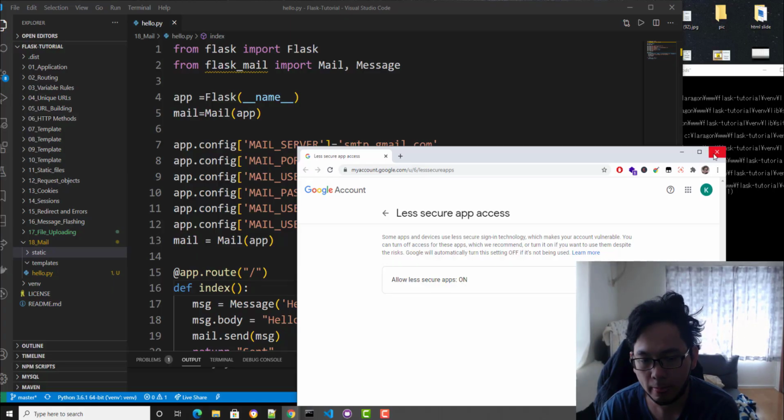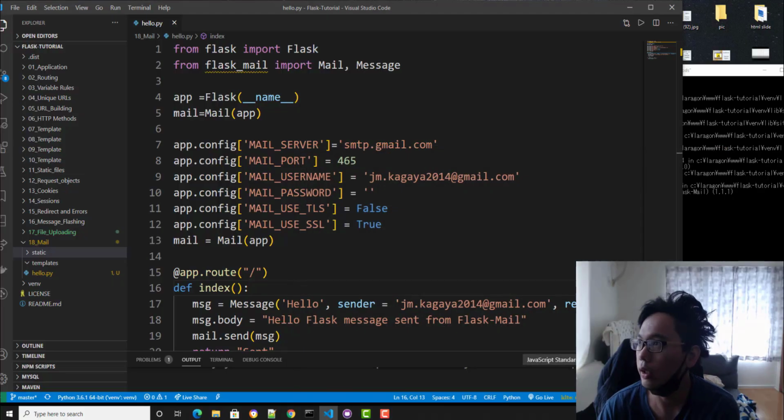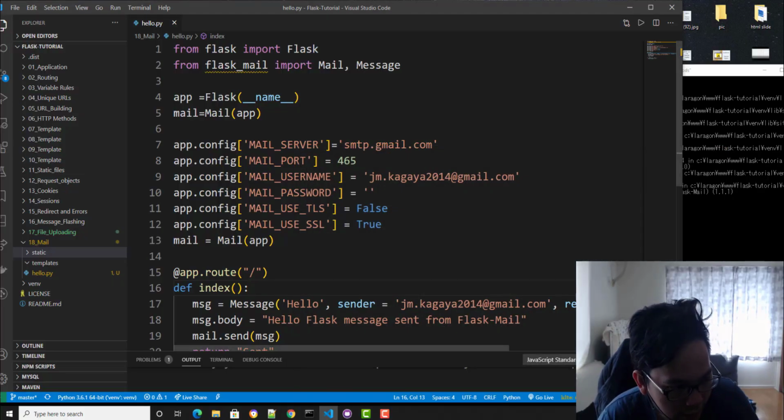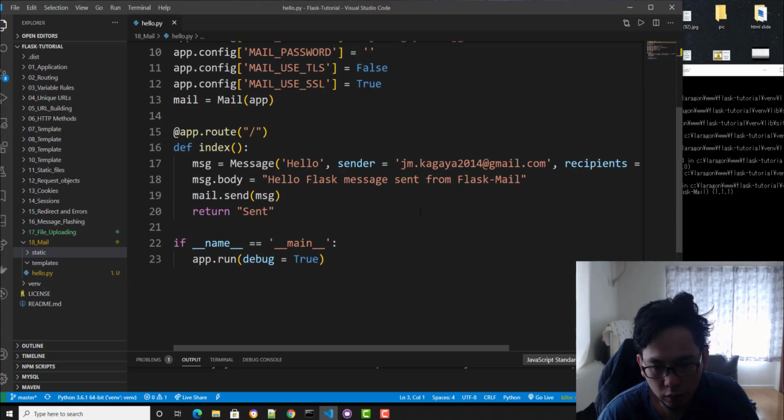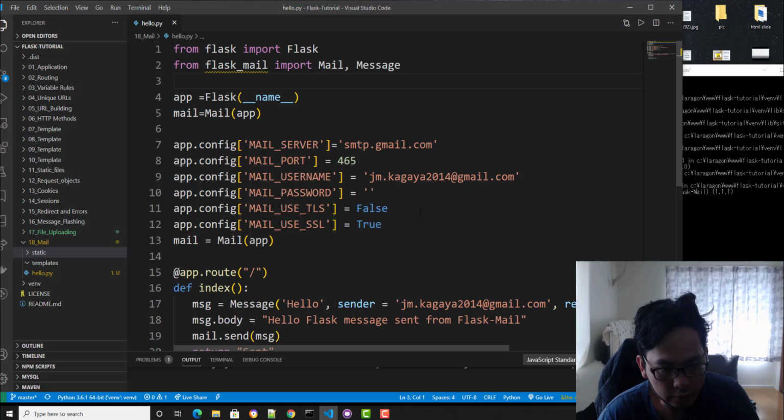I'm going to close this. So this is only the last part, where we're talking about the extension. We're just installing the mail, because Flask is not a full framework.